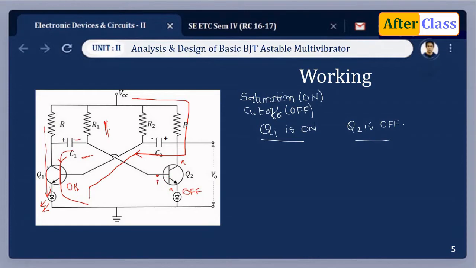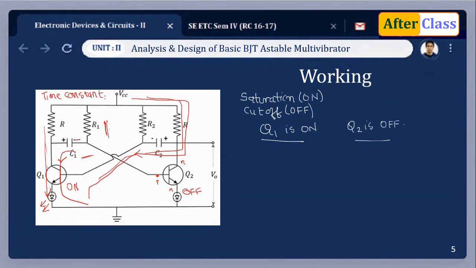So revisit this statement. When transistor Q1 is on, capacitor C2 is going to charge through this path which has been highlighted, and capacitor C1 is going to discharge after a time period as decided by R1 C1. We call it the time constant R1 C1. The product of R1 and C1 is referred to as the time constant. As the capacitor C1 discharges completely and starts charging in the reverse direction through R1, this will switch the transistor Q2 to on condition.